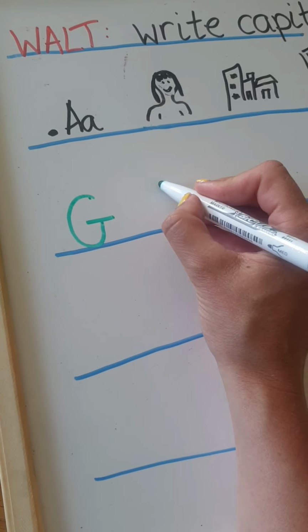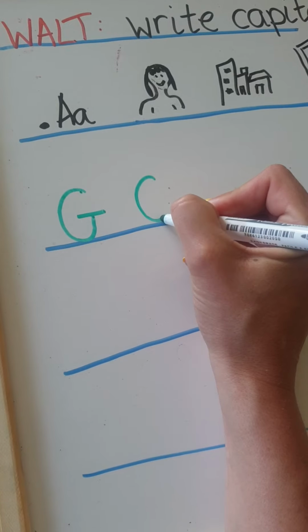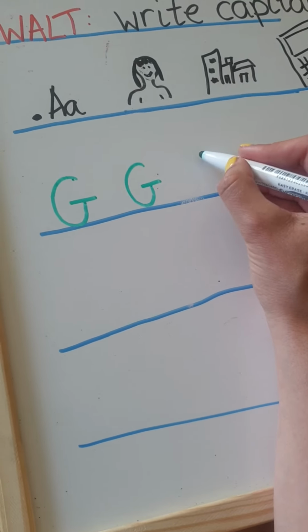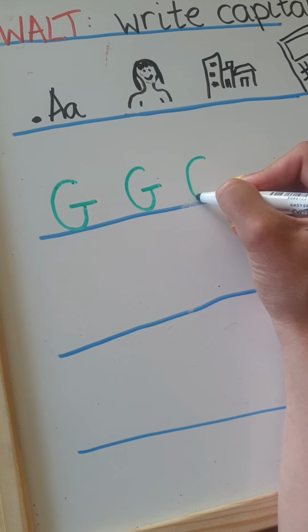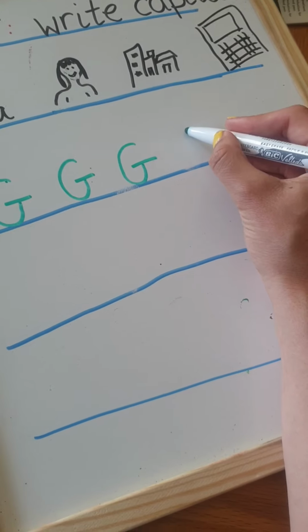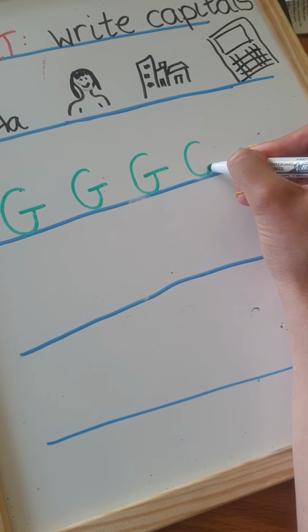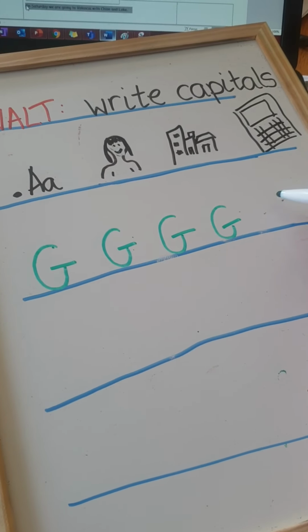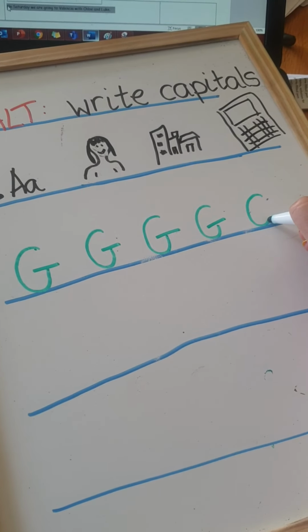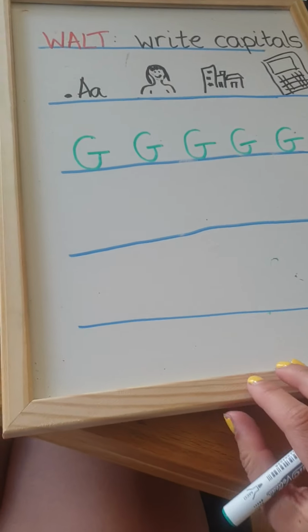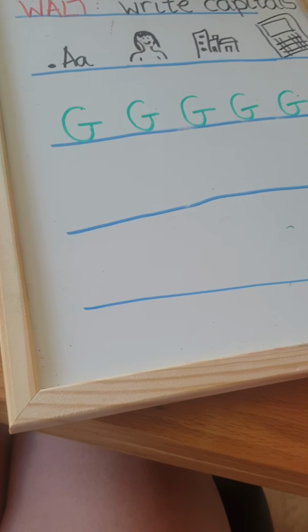Can you have a go at that? Round, lift, draw your table. And I'd like you to do a whole line of these. Okay, once you've done a line of the letter G, we're going to move on and we're going to do